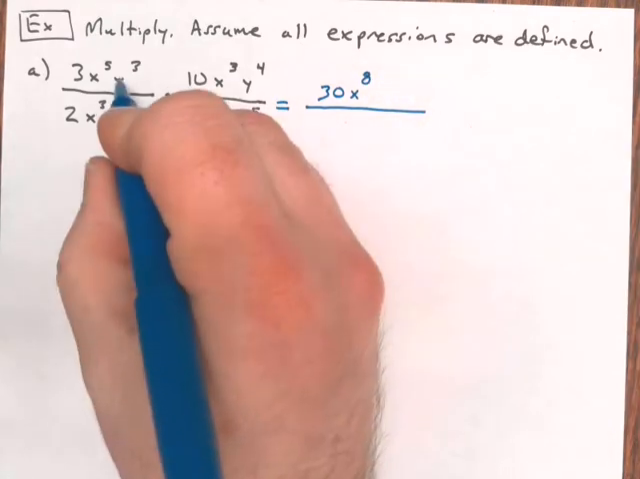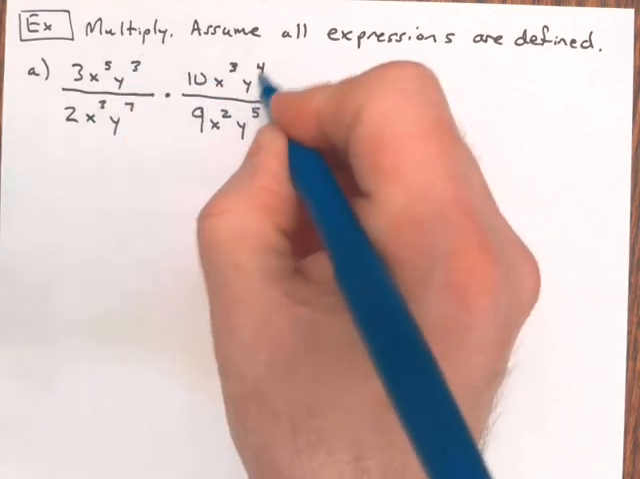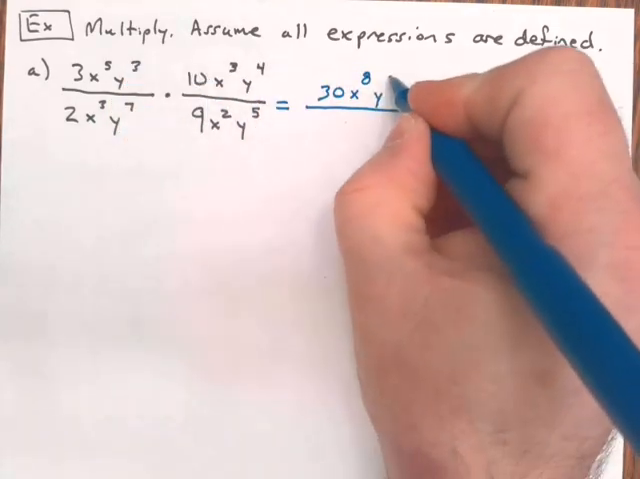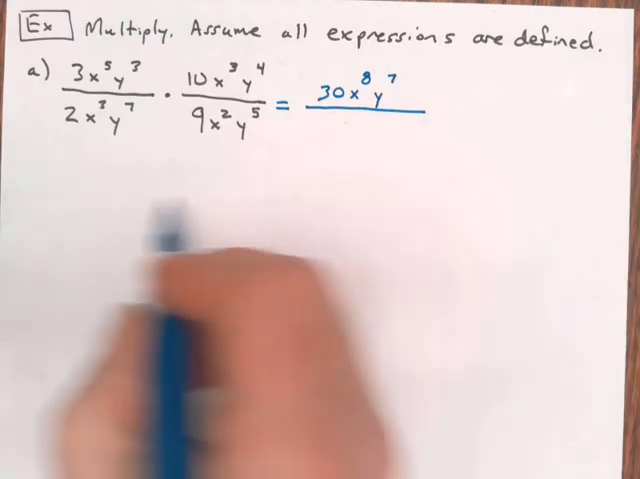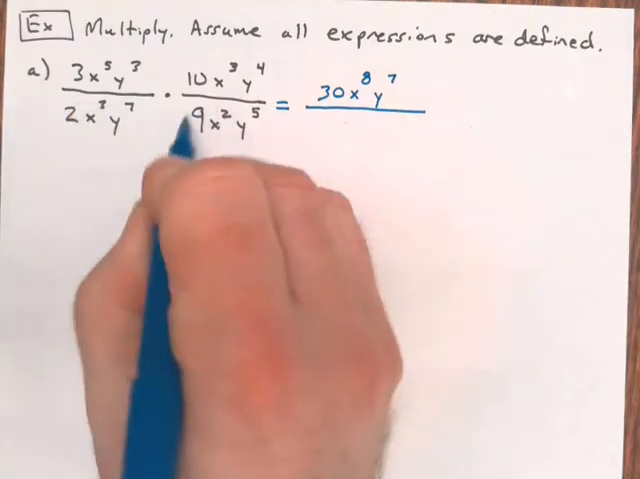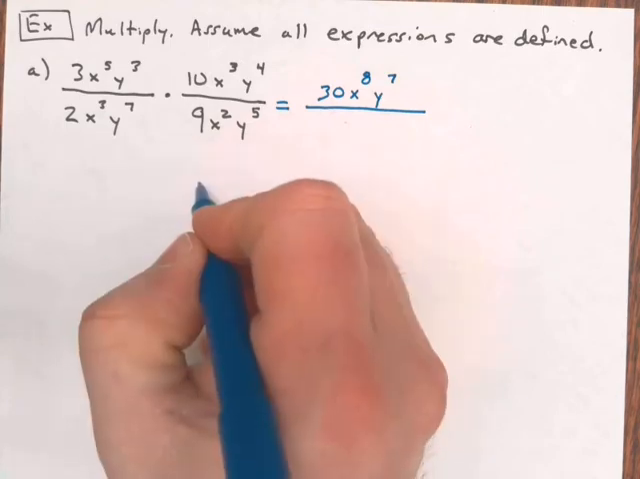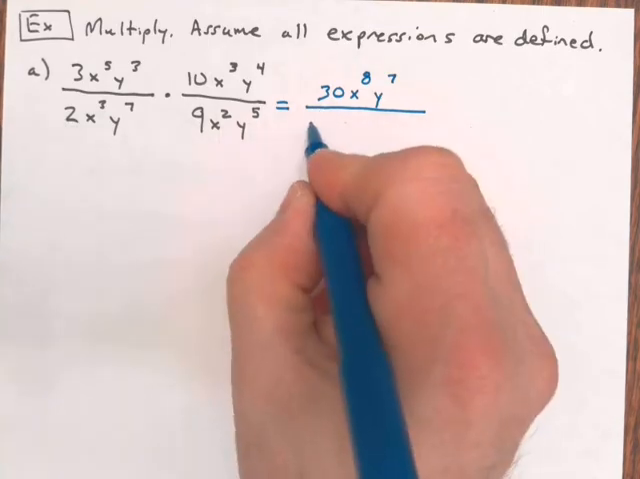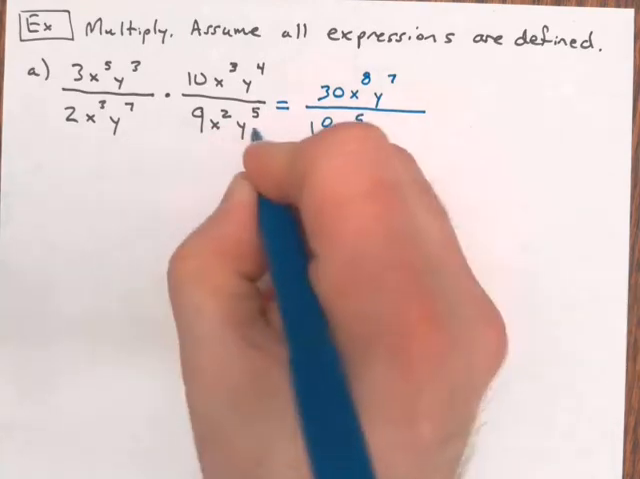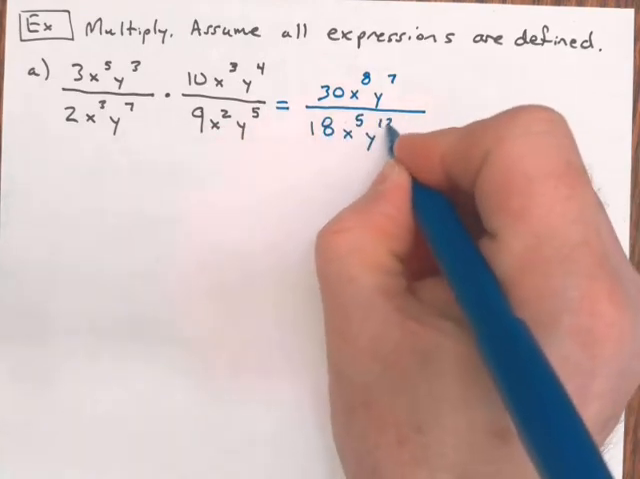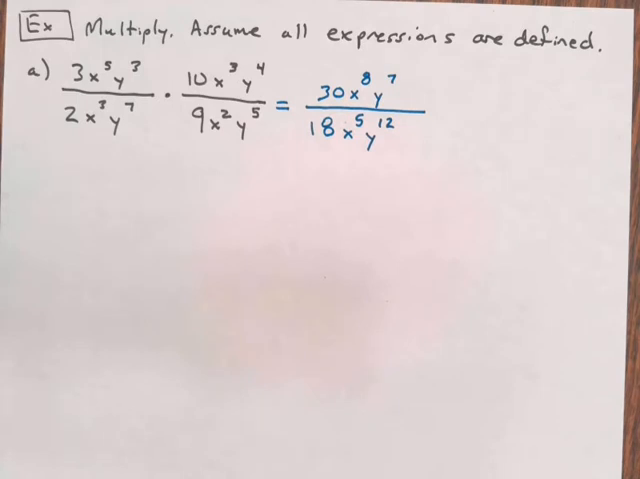Do the same thing with my y values. Y to the third times y to the fourth would give me y to the seventh when I add those exponents together. Doing the same thing on the bottom, I have a single term here and a single term here. Again, no addition or subtraction, so I'm just going to multiply my numbers together and my x's and my y's. Because there's no addition or subtraction in this problem, we don't have to do any factoring to simplify. What I can do in the next step